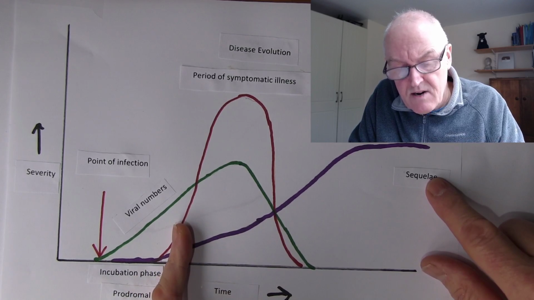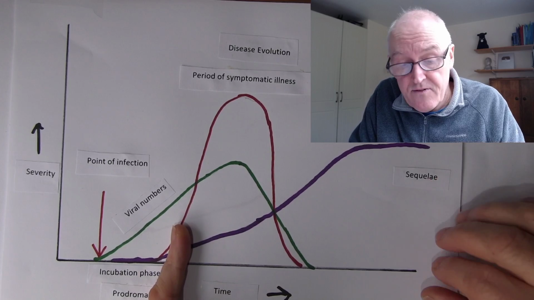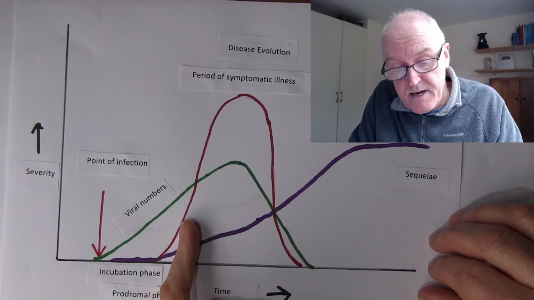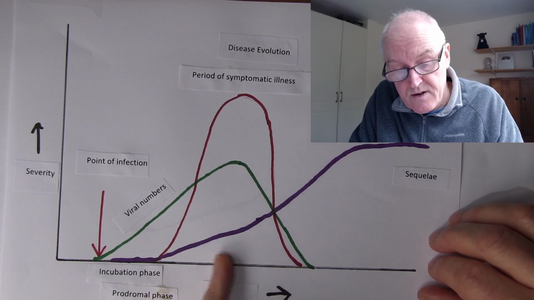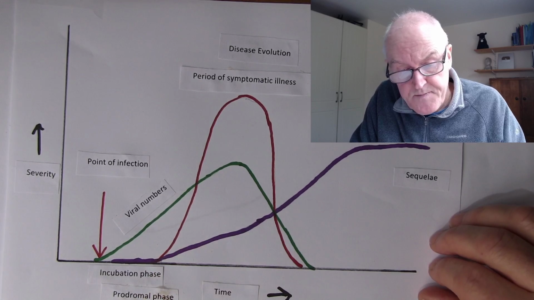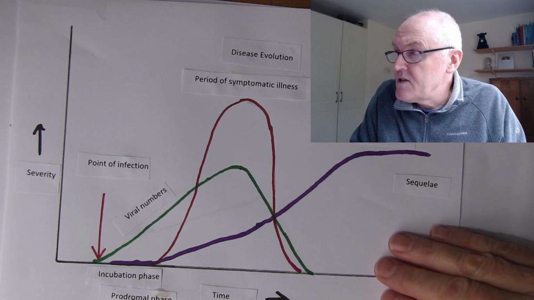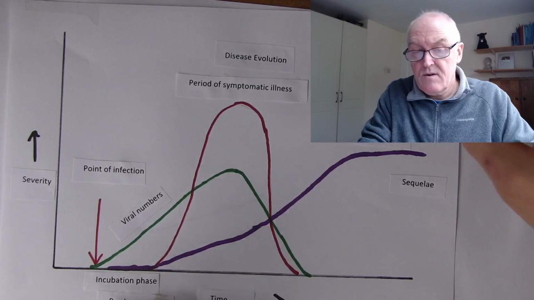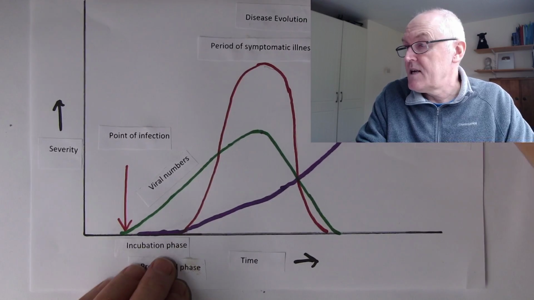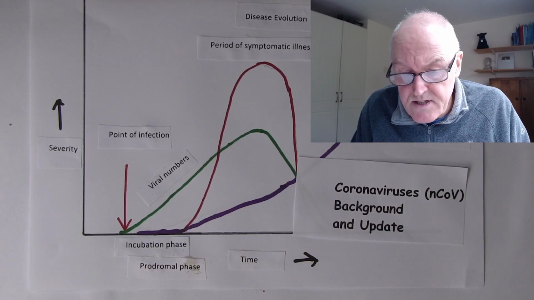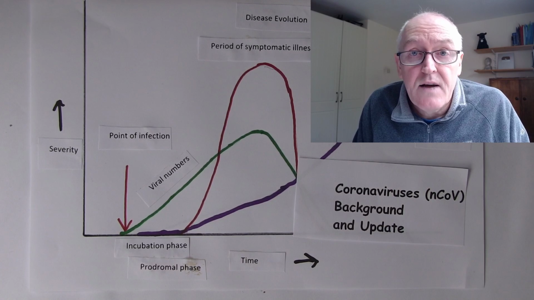People seem to be febrile, have a fever, for 4 or 5 days. That could be up to a week though, so this period from here to here is probably going to be around about a week for most people, the duration of illness. So there are quite a few things that we know about the novel coronavirus based on our background understanding of other viral illnesses that we are already familiar with and their evolution.